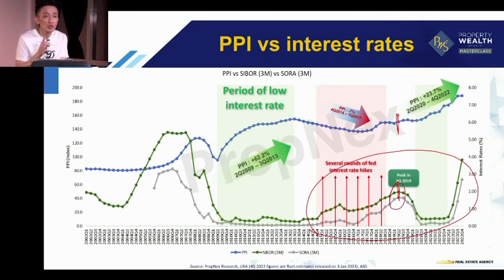But a lot of people choose not to buy property. Because why? They say interest rate is so high, cannot be buying property. It's very scary. But you look at it, people who choose to buy property today, they can actually sell. Why? Because the price has appreciated. You look at here.